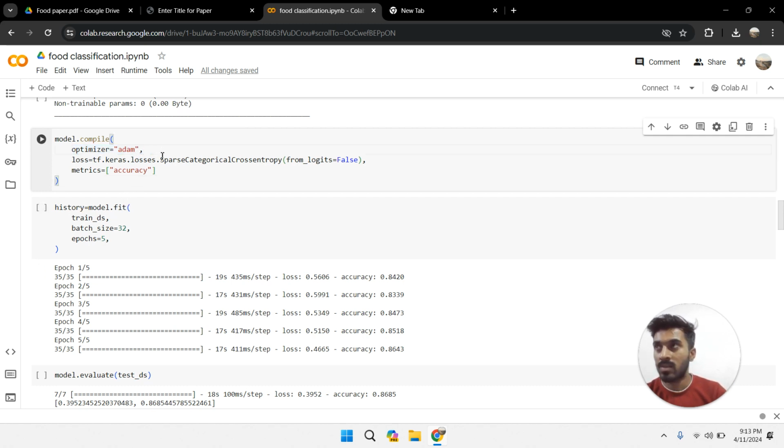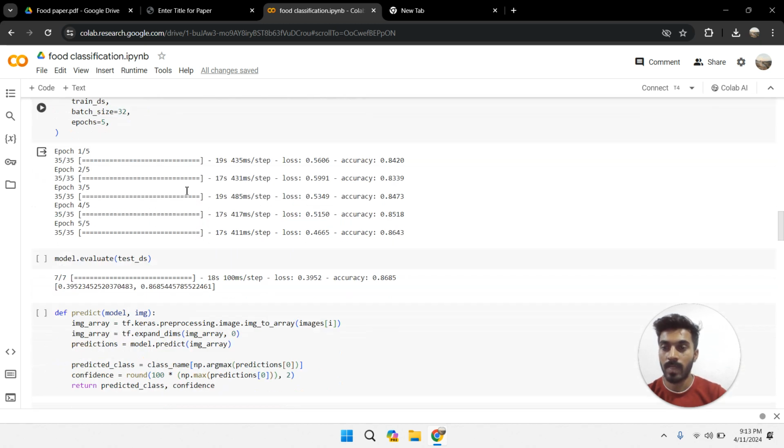SGD, or we can say stochastic or momentum, we have to apply it, and momentum is also applied on the error so that this function will work very well. And we apply accuracy as the metric and sparse categorical cross entropy as the loss function. Normally we would apply categorical cross entropy if our output had a one hot encoding, but we don't have the output as a one hot encoding, so that's why we apply sparse categorical cross entropy.